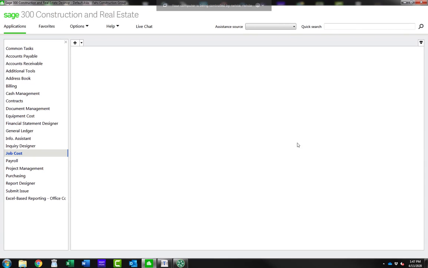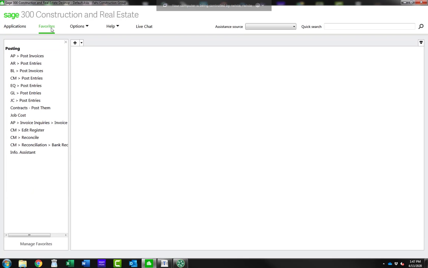Today we're going to learn about the Favorites menu. Favorites is found on the desktop, second tab over. You can add things you like to do here, or not really like, but have to do here fairly frequently. I do an end of week process where I go in and I post all these different modules, and